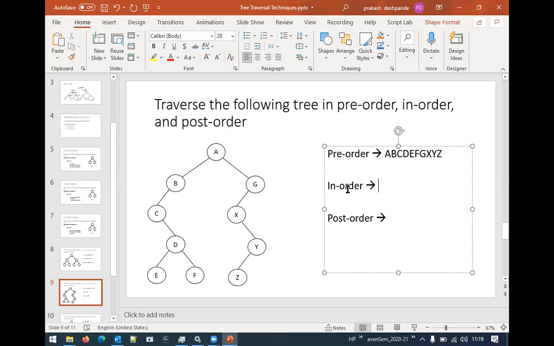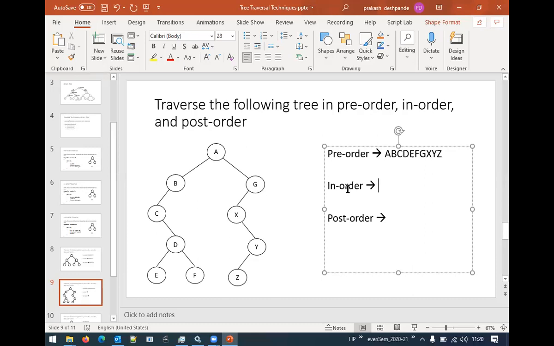Now, after I read C, next what? C was what actually? Left of B. So left of B is done. Now right of B. Is there anything on the right of B? No. Then the root node. What is the root? B. It is the root node. Agree? Now, what actually is B? Left of A. Means left of A we have taken care of. Now what should we do? Right of A. Right of A is what?